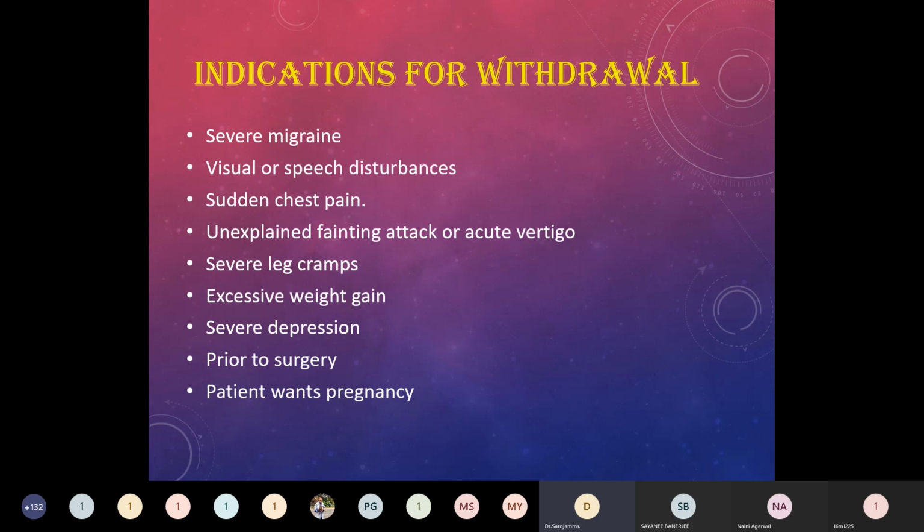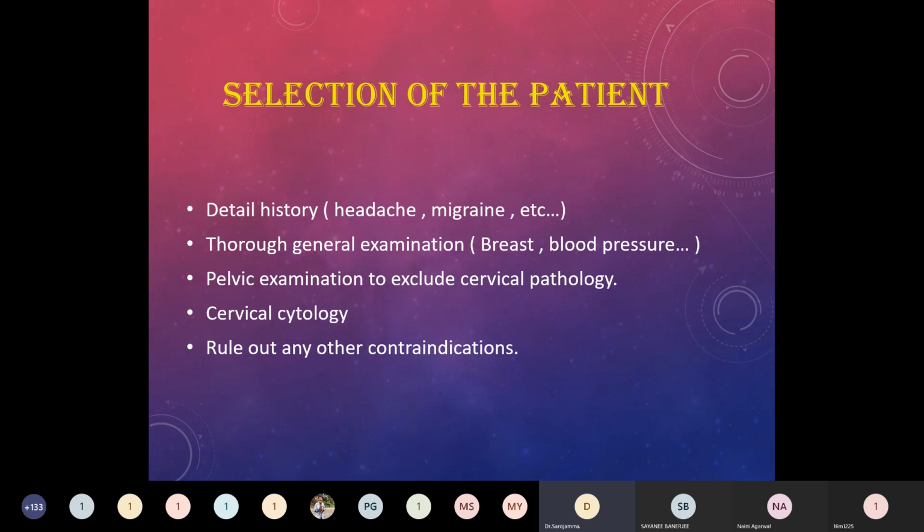The indications for when to withdraw the tablets: when they develop complications like severe migraine, visual disturbance, sudden chest pain suggestive of MI, or unexplained fainting or vertigo suggestive of strokes and hemorrhagic stroke, or severe leg cramp suggestive of DVT, excessive weight gain, depression, prior to surgery, and when the patient wants to become pregnant, we need to withdraw the